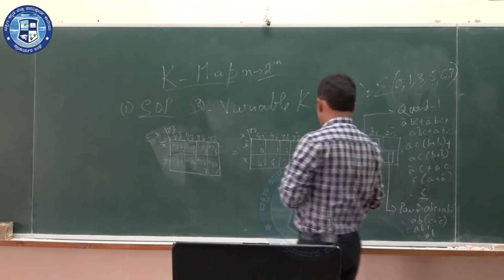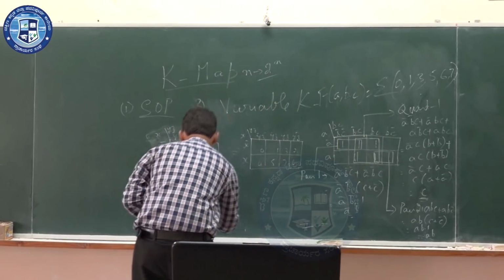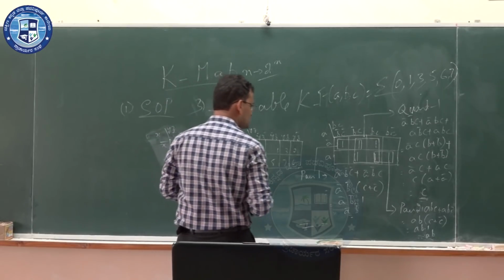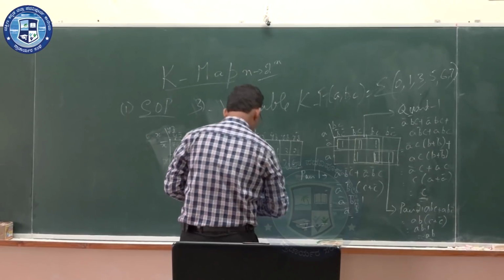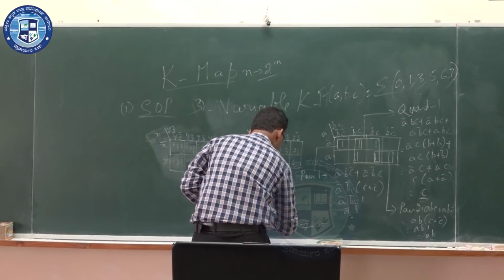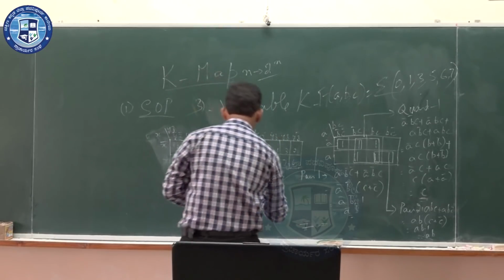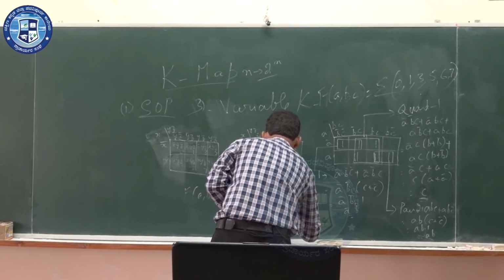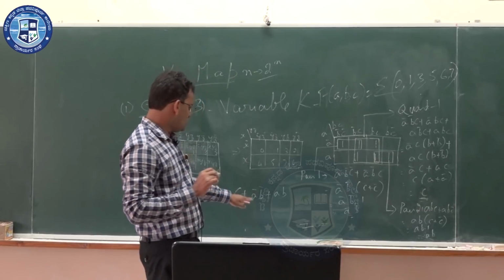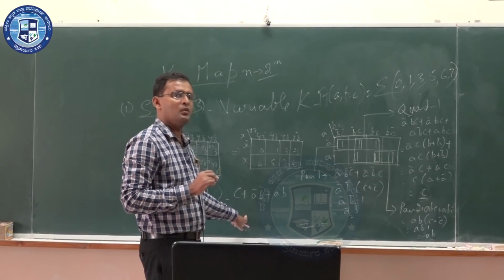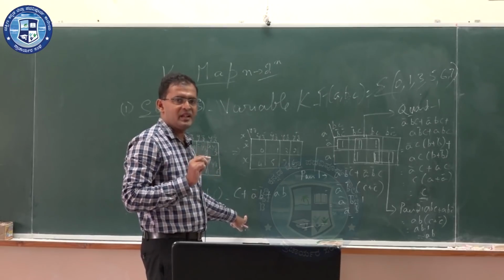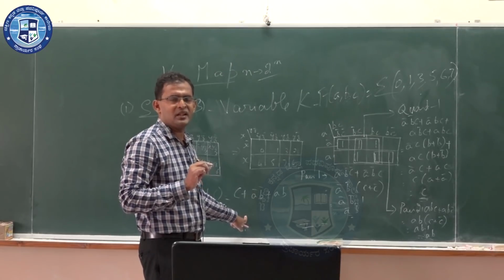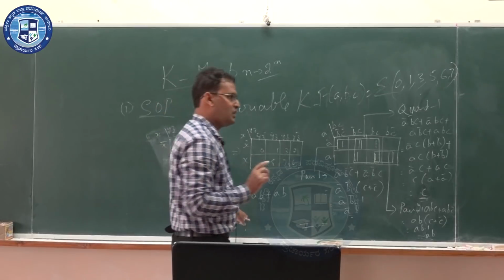Writing the final expression for the K map, I will get f of A B C equal to, first C from the quad, A bar B bar from the first pair and A B from the second pair. Are we able to minimize still? No. Please understand, from the K map what we get is almost the final reduced expression. Further reduction is not possible.